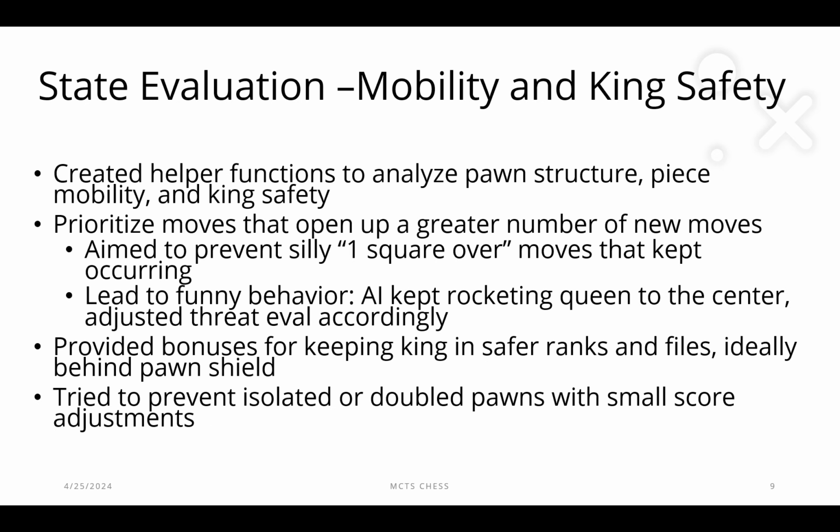Some of the last changes I really focused on were mobility and king safety. So I created helper functions here to analyze the pawn structure, piece mobility, and king safety. I prioritized moves that opened up the greatest number of new moves. The reason for this was I kept seeing silly one square over moves, like it would move the rook, or the king, or the queen one square over, and it wouldn't really be advantageous. This way, I was hoping to have them actually put pieces in a position that would be